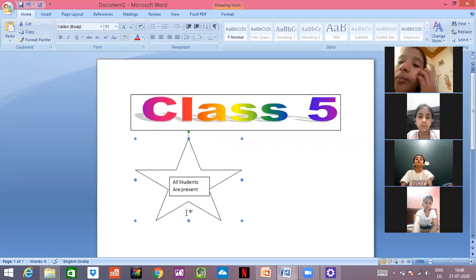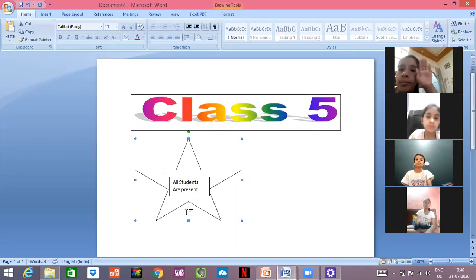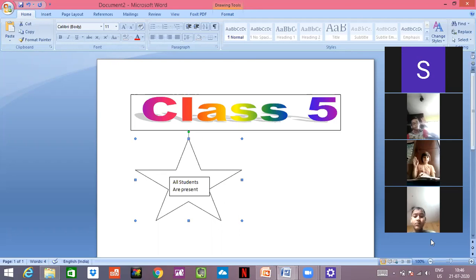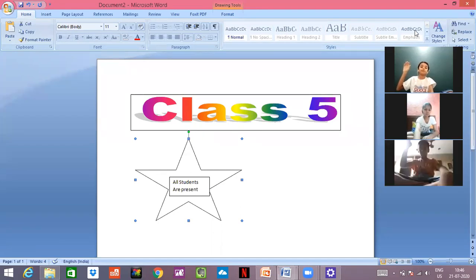Everybody is clear with it, how we will write in the shapes? Give me a hand raise if you have understood it in the video only, not in the app. Kaina, I have seen your hand. Shubhi, I have seen yours. Hira, I have seen your hand. Yuvraj, I have seen. Rashi, I have seen. Rudra, make your video visible. Okay, Lakshya, I have seen your hand also.